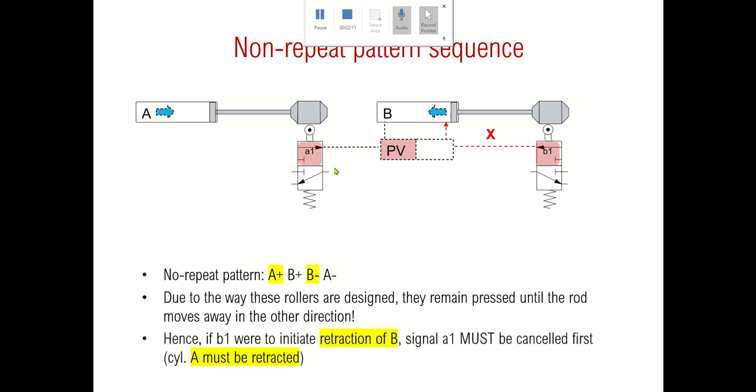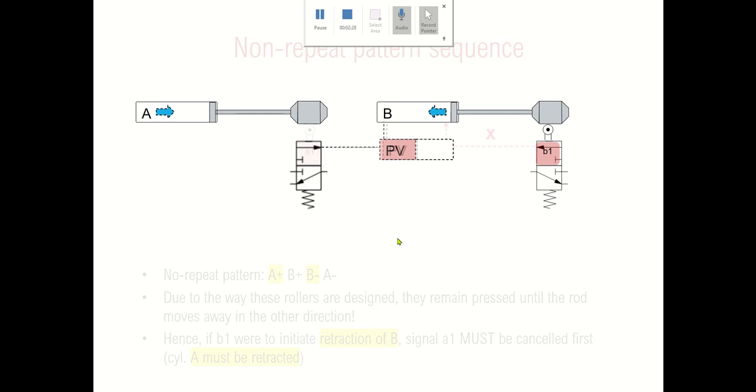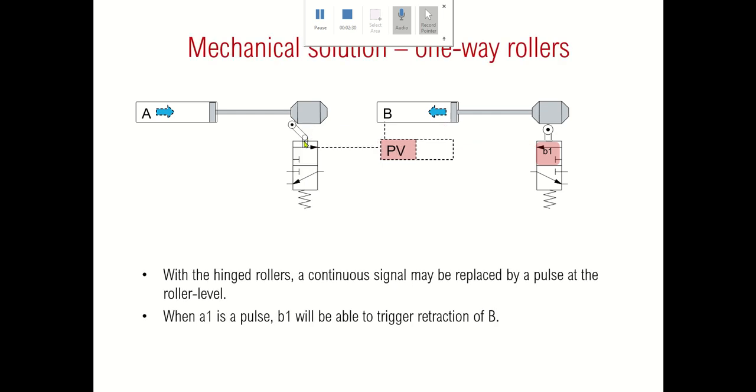Theoretically speaking, it is only possible when we can break this signal before we send it to the power valve. This part has to be cut off from this roller valve, and the hinge roller can actually get that part down. So if we switch to a hinge roller instead of a standard roller, then what happens on its extension